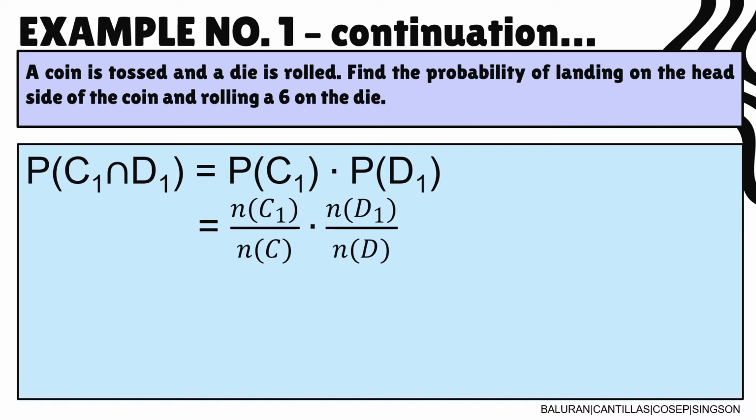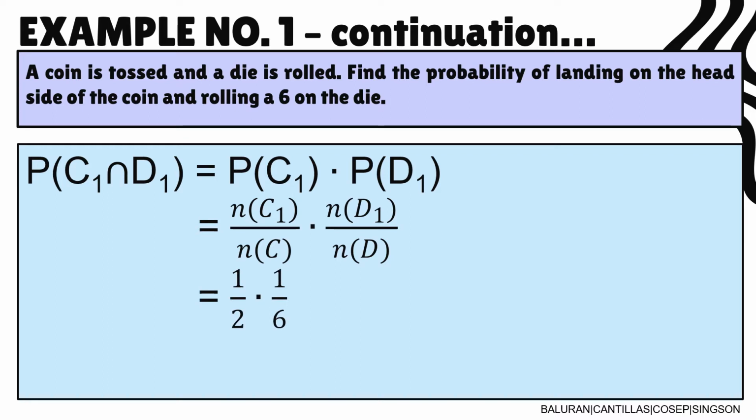So the probability of event C sub 1 can be computed as N, or the cardinality of C sub 1 divided by the cardinality of C, times the probability of D sub 1, so we have to use the cardinality of D sub 1 divided by N of D,